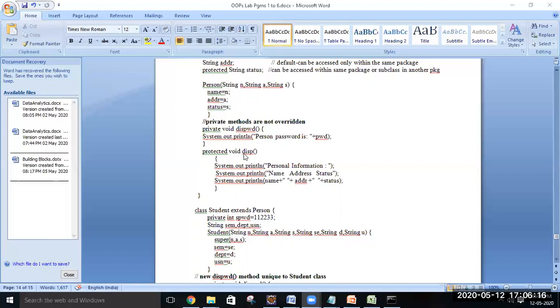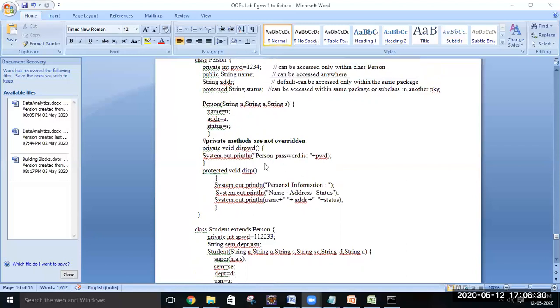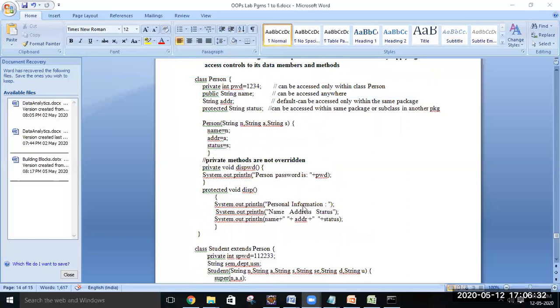Inside display we are trying to display the personal information of the class person, that is name, address, and status. So these are the contents inside the class person.